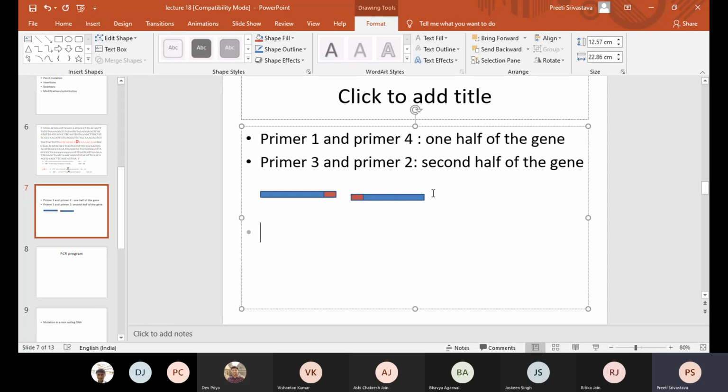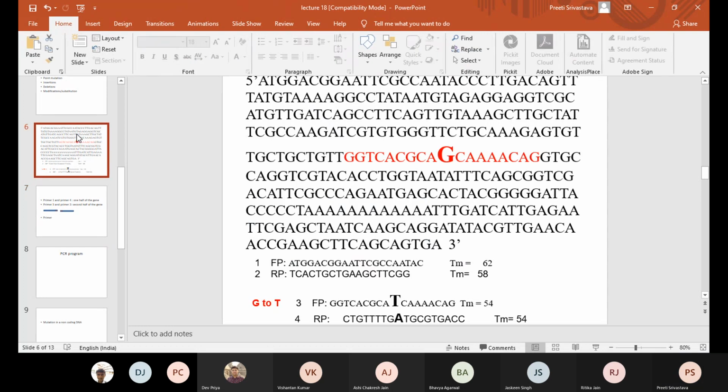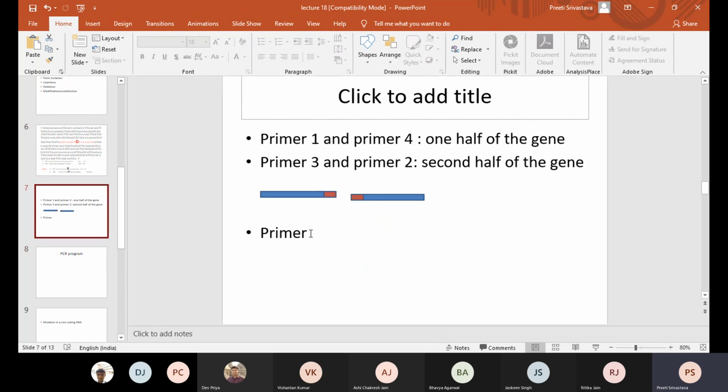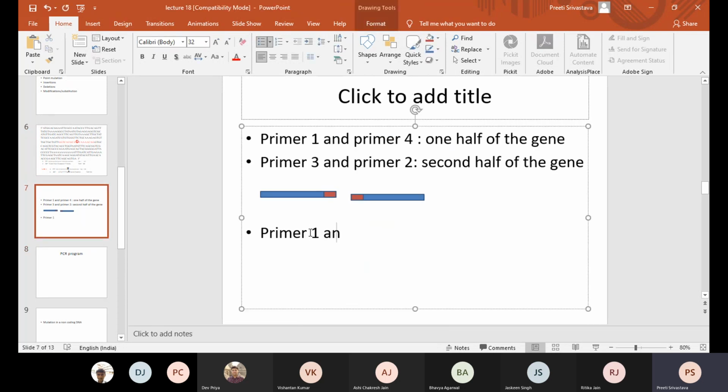Now you will perform another PCR where you will use primer 1 and primer 2, and in this case the template is from tube 1 plus tube 2. That means the two halves.